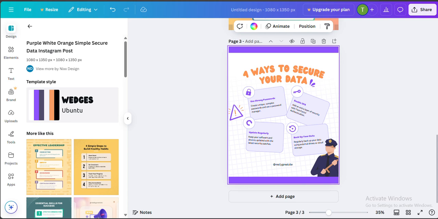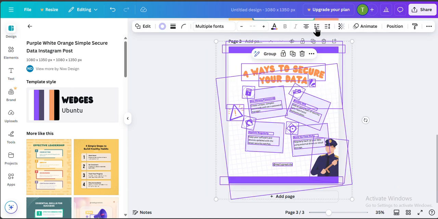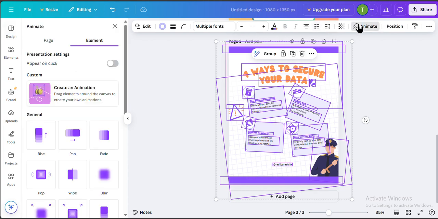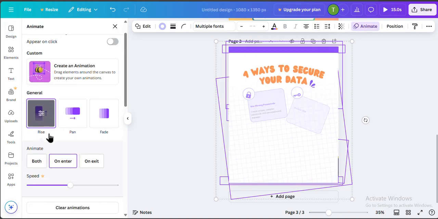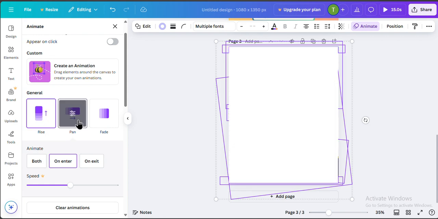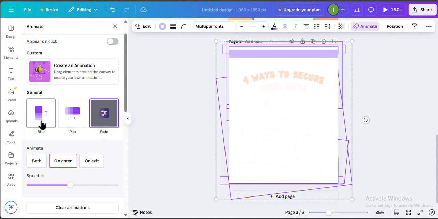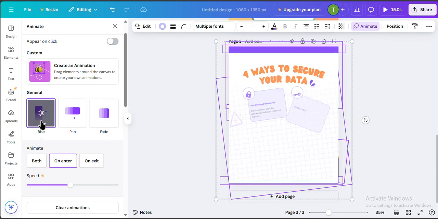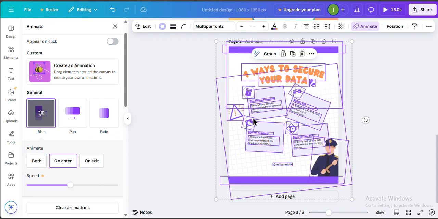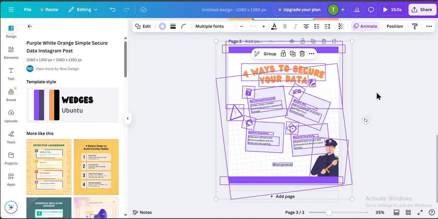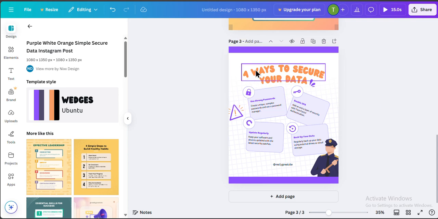Now to make it look more fantastic, you can use the animation. Right here you can choose all of the elements and go to the animate section, and you can choose rise or pan or fade as you like. I think the most beautiful thing can be rise. You can see how beautiful it looks on my design, and as per your need you can choose the text and fonts,